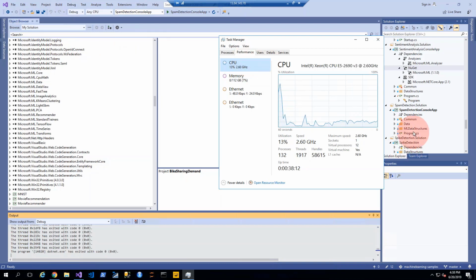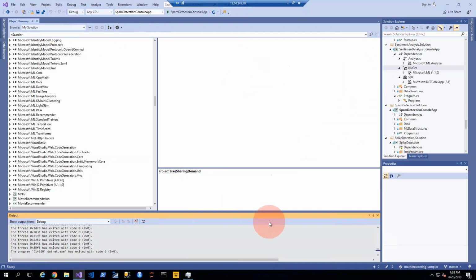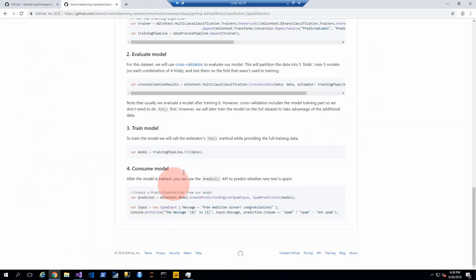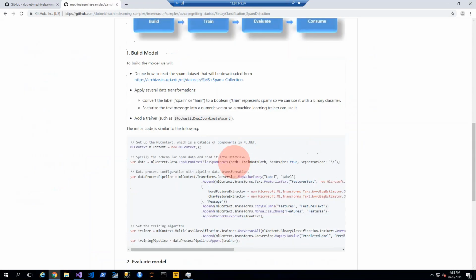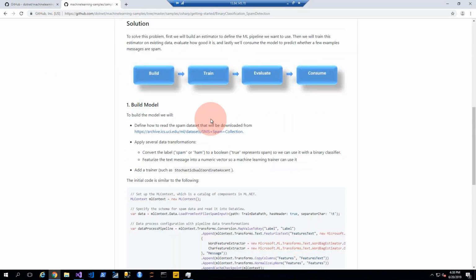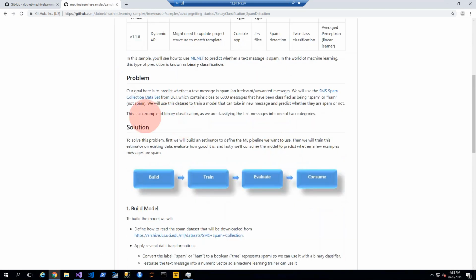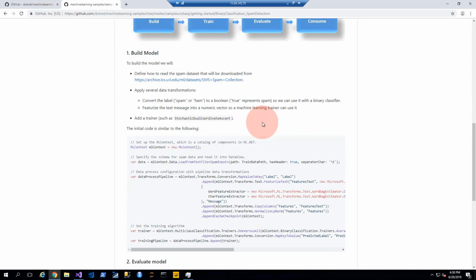And what I want to show is the actual code, because I actually saw something interesting. I'll tell you what I found. Let's go back to the spam detector message. Now it said that we are doing a binary. This is an example of a binary classification. And then when I read the code,